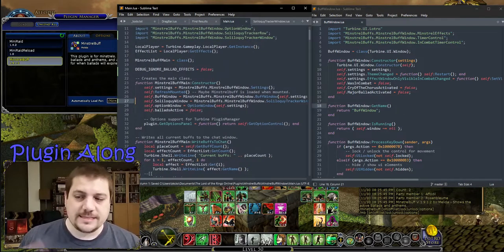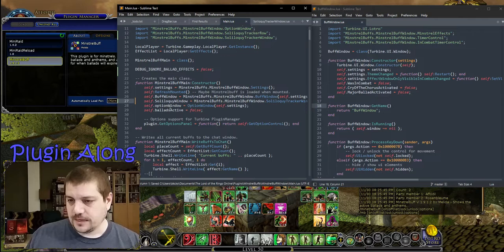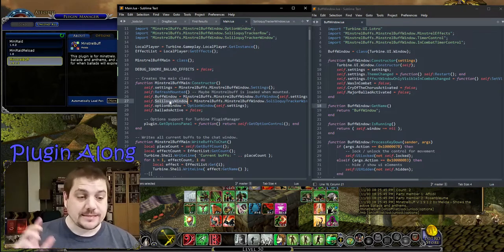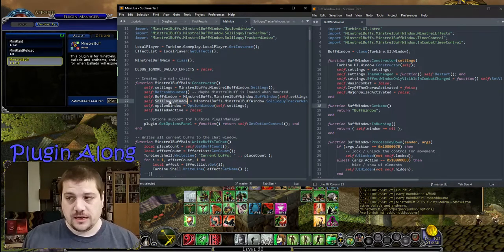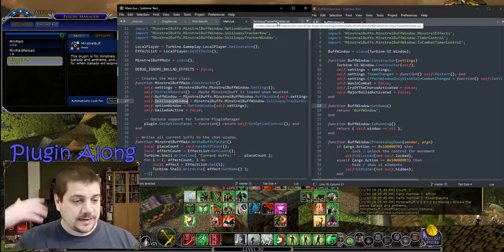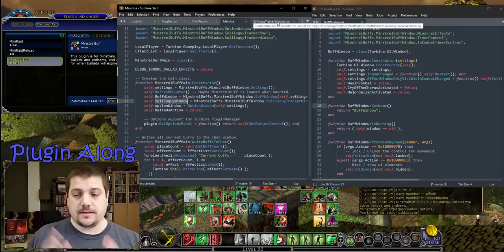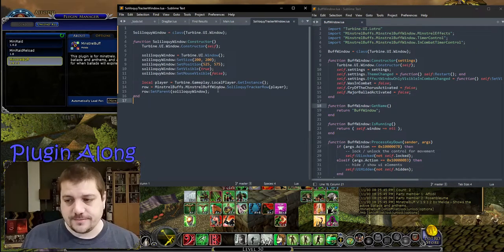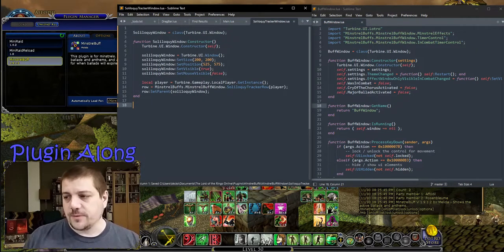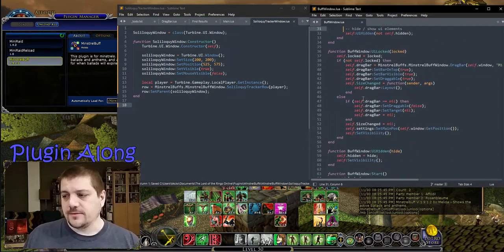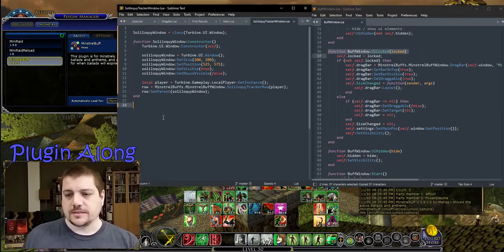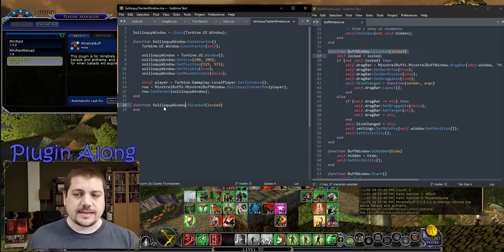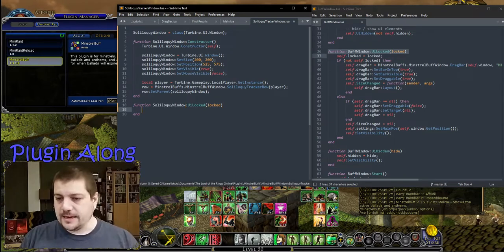Now, we're not passing any settings yet. That's okay. But now main has a reference to the soliloquy window. And so now main can pass on the change in state for being locked and unlocked. So here's where we want to do the UI locked bit. So I'm going to just copy the function signature, remembering to change the class declaration here. And then